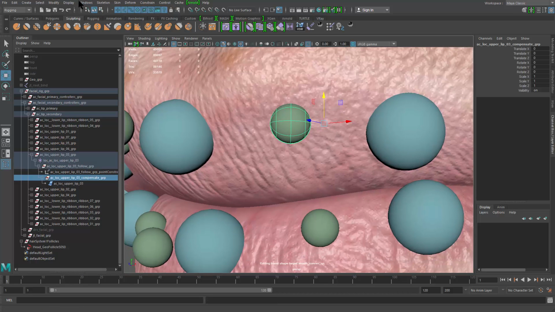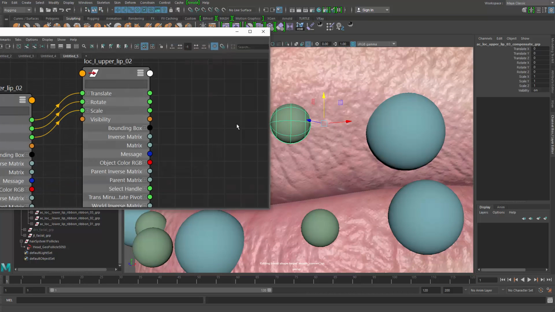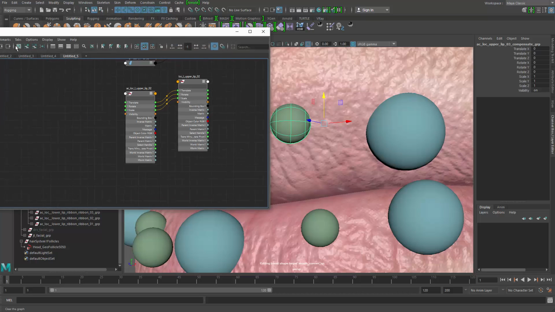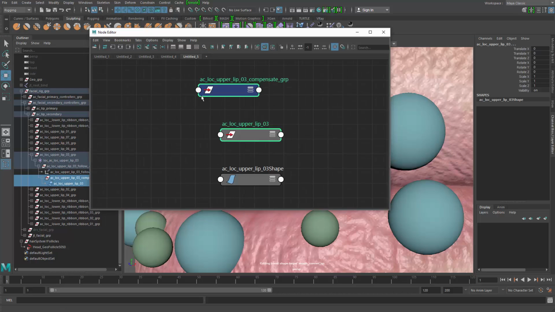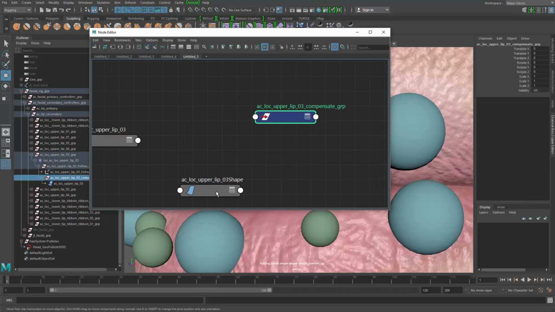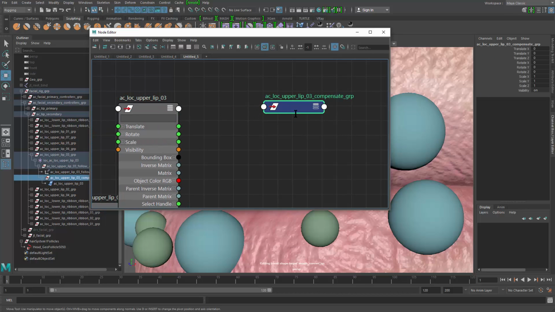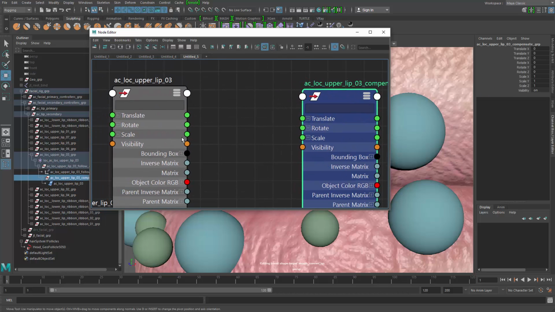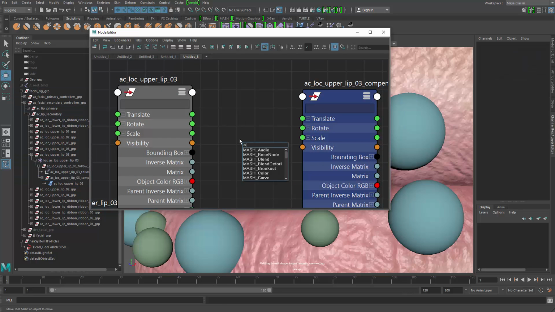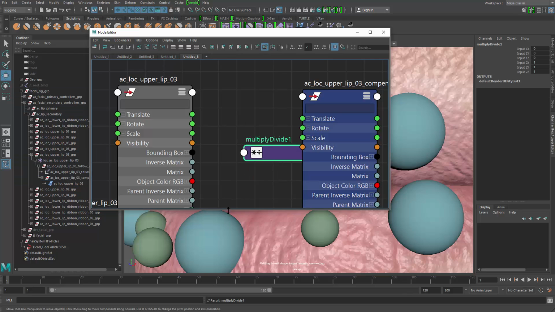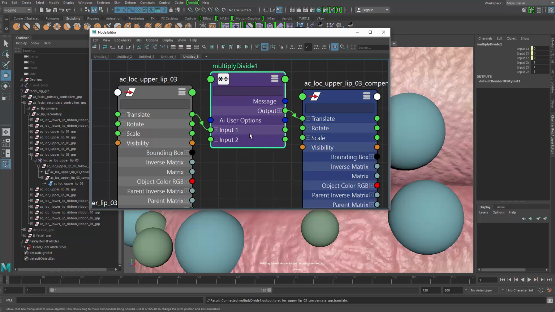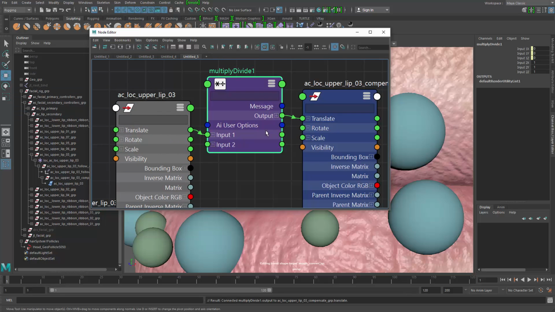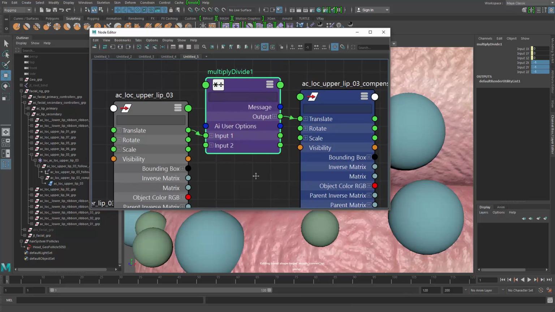So what we can do is go to Window, Outliner, Node Editor. Let me clear that, and then add my controller and the new compensate group here. And what I can do is make the compensate group go in the opposite direction of the controller all the time. So that means I need a multiply divide, and I need to connect the translation from my controller to the multiply divide and multiply that translation by -1,